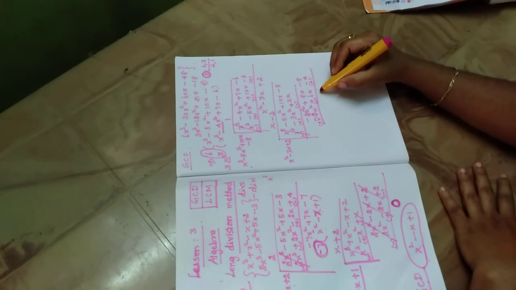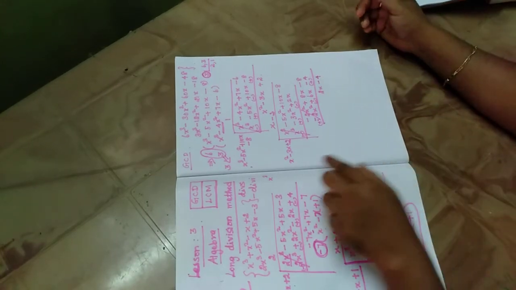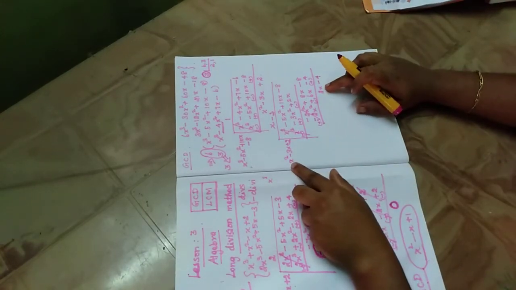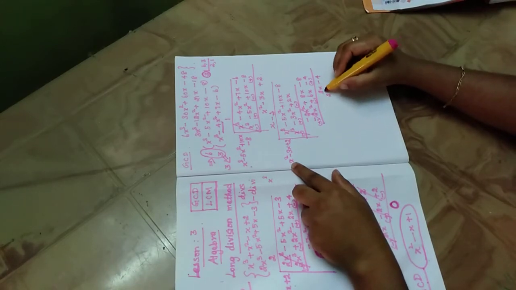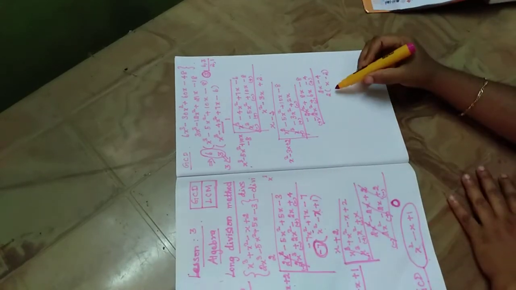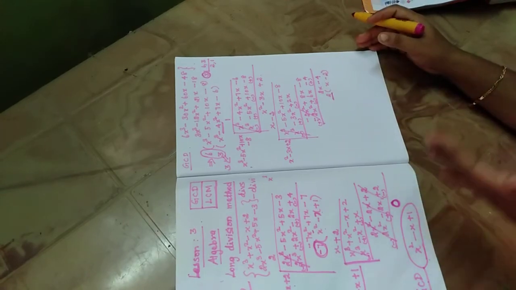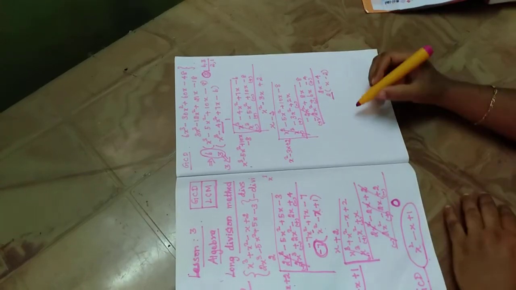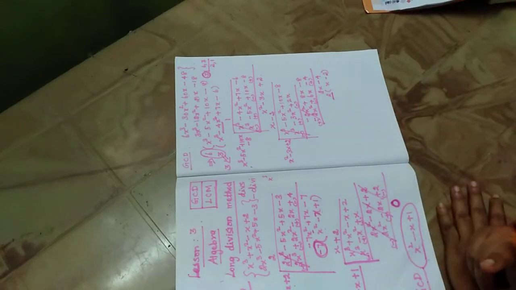So what will you get? 2x minus 4. And now check whether you can continue. No, it's not possible. So see whether any common term is there. Yes, 2 is common, so remaining x minus 2. So in the remainder, if you take the common term, we can leave it and continue with the remaining. Okay, so now again, in the previous question you got the answer in 2 steps.